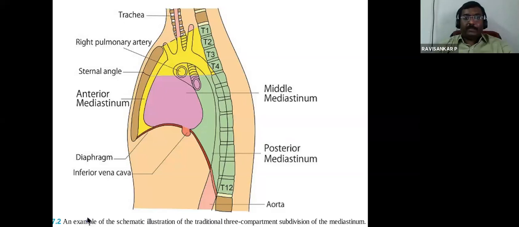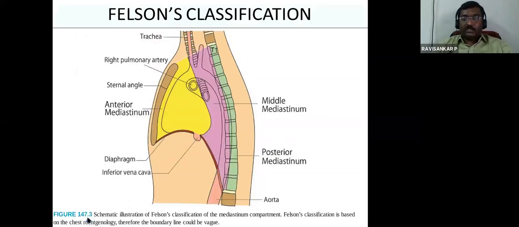Okay. The Felson's classification is based on the chest X-ray. Okay, the mediastinum is taken as the